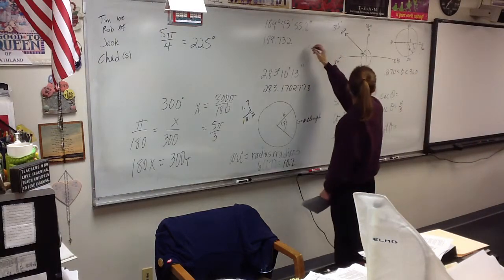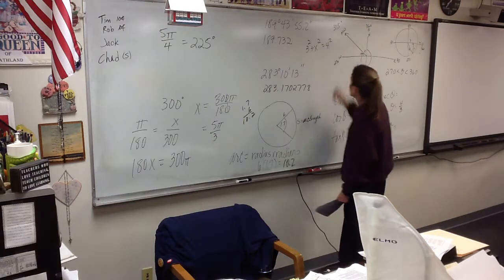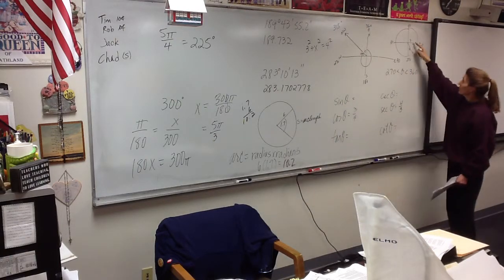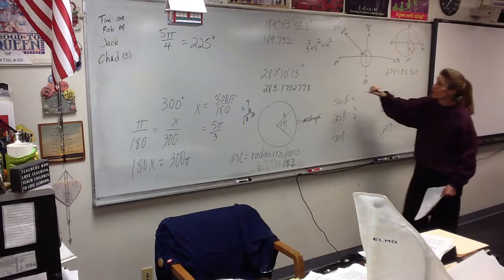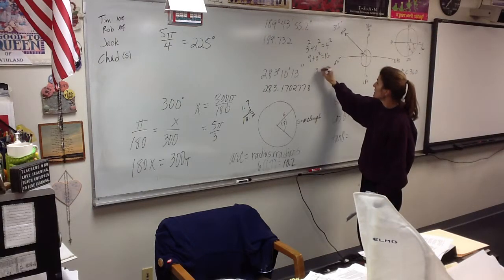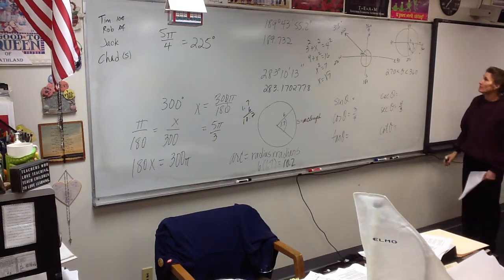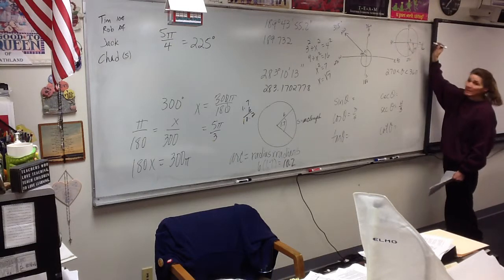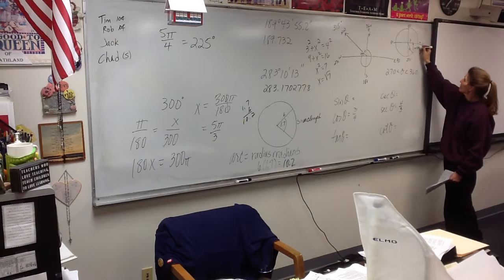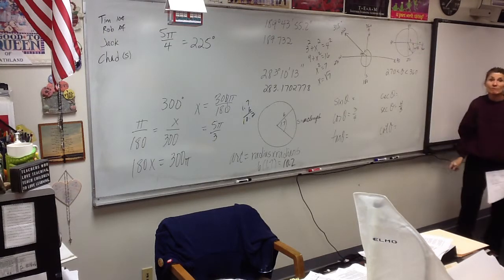Do it right here. So I have 3 squared plus x squared equals 4 squared. 9 plus x squared equals 16, x squared equals 7, and x equals the square root of 7. Actually, in this picture, it would have to be negative because we are going right and down in the 4th